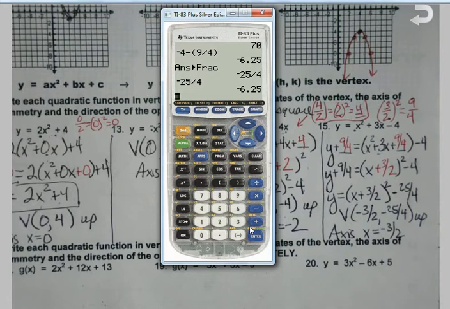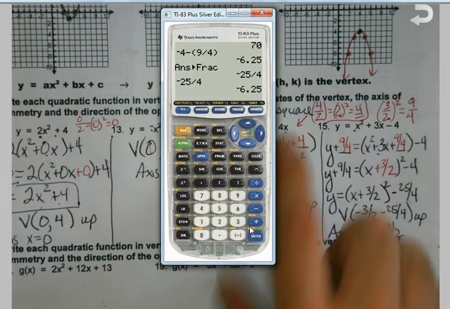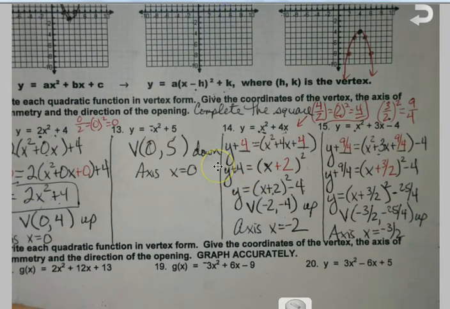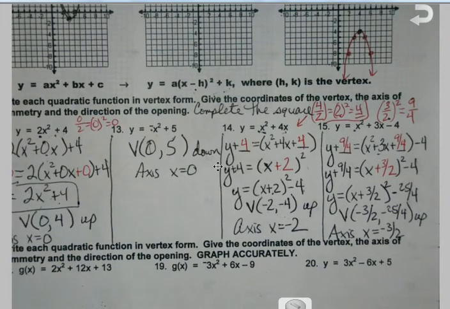So you can double check. There are ways to figure that out and get your information if something just doesn't seem right to you for some reason. Sometimes even just graphing it and getting a general idea of where the vertex is can be really helpful in figuring out if your answer makes sense. So finally,